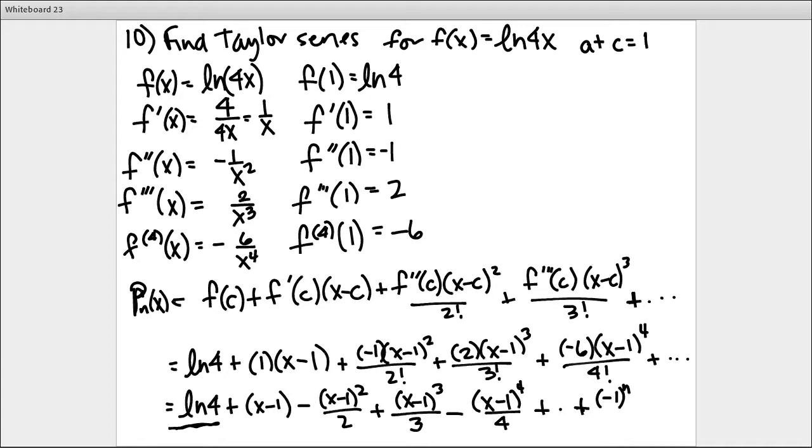Or are we going to start with n equals 1? Let's see what happens. I might change that. And then, oh yeah, plugging in a 1, starting with a 1, that first one's positive, so I'm going to do an n plus 1, because when n is 1, you need it to be a positive value, right? And then we have an x minus 1 to the nth power, and then over n,